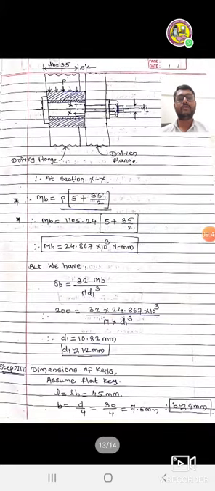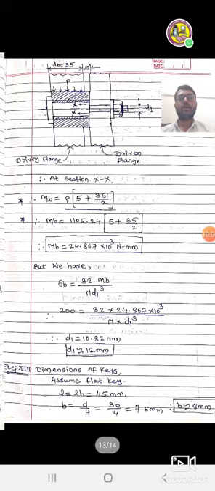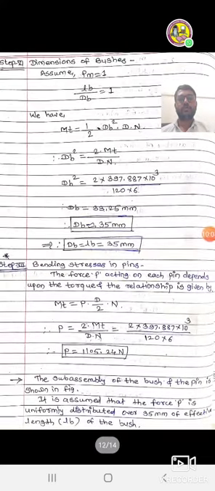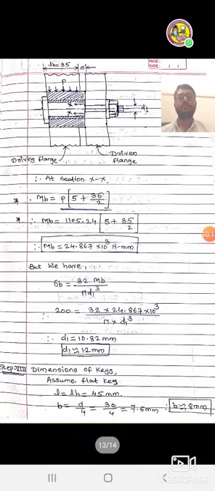The figure shows the assembly of bush and pin, driving flange, driven flange, then diameter of bolt, bushes, pins. Here pressure P is acting, D1 is nothing but diameter, and lB is nothing but length of bush. So here it is assumed that the force P is uniformly distributed over 35 mm of effective length of bush.